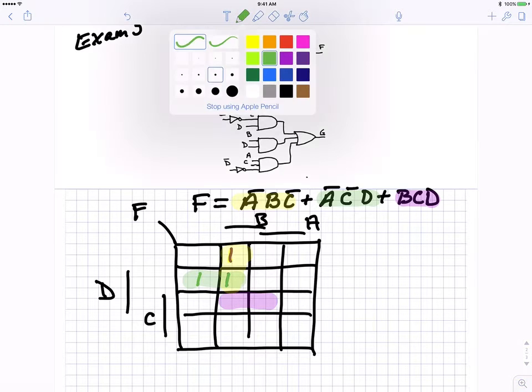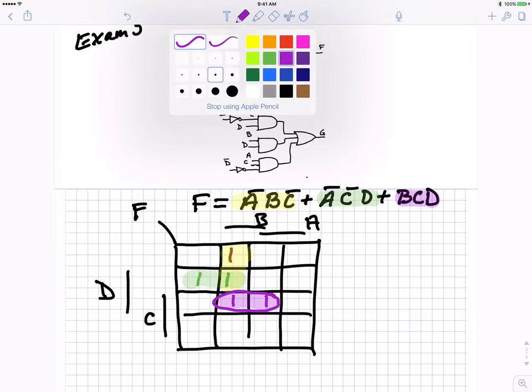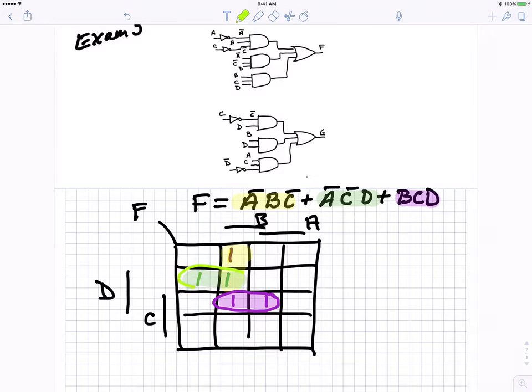So we can put ones there. And so you see we've had circlings. Here's a circling. Here's another circling. And yet another circling. That covers all the ones, but the question is, when we change just a single bit,